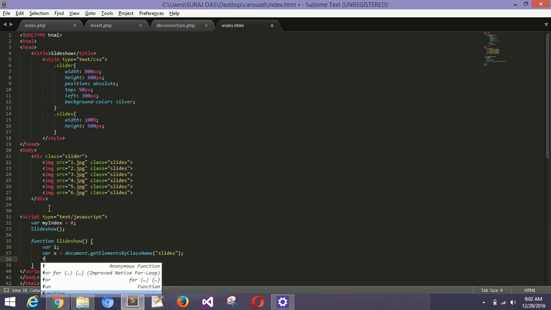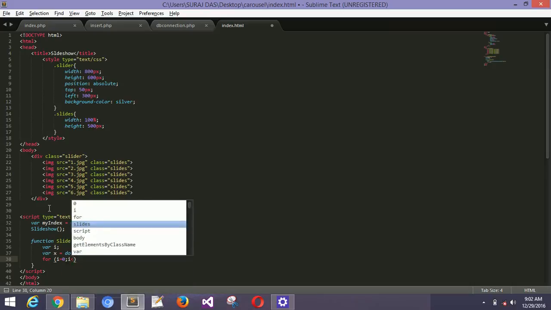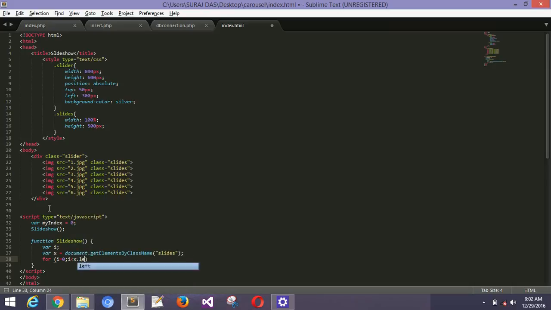Okay, so now we have to start a loop. Let's define the variable i equal to 0, then if i is smaller than the length of x. So what is the length of x? The length of x is 6, because we have 6 images. Okay, then